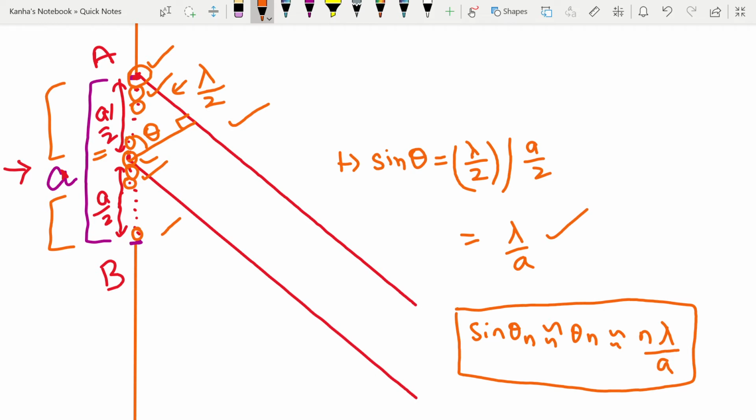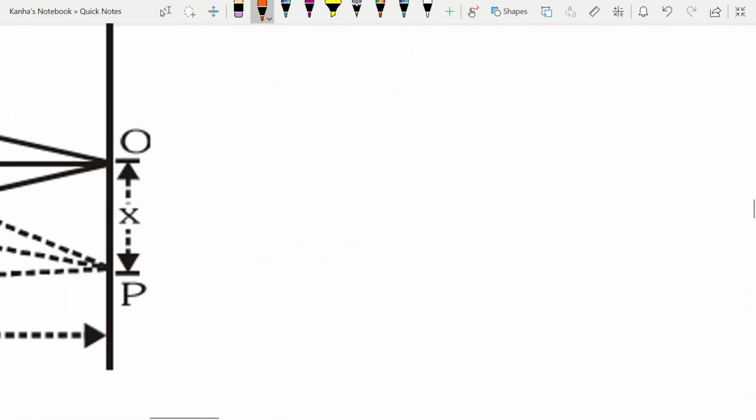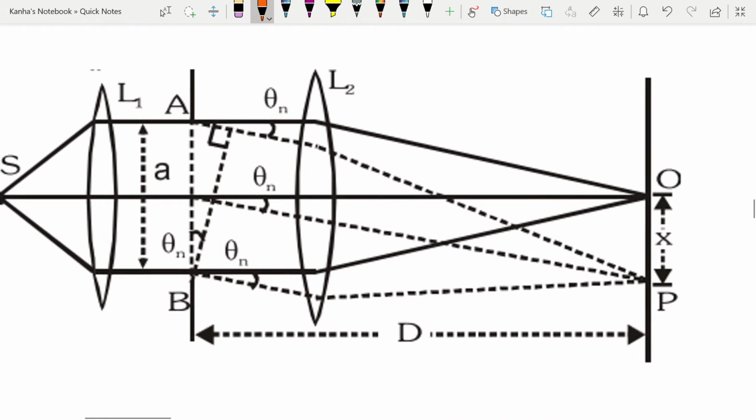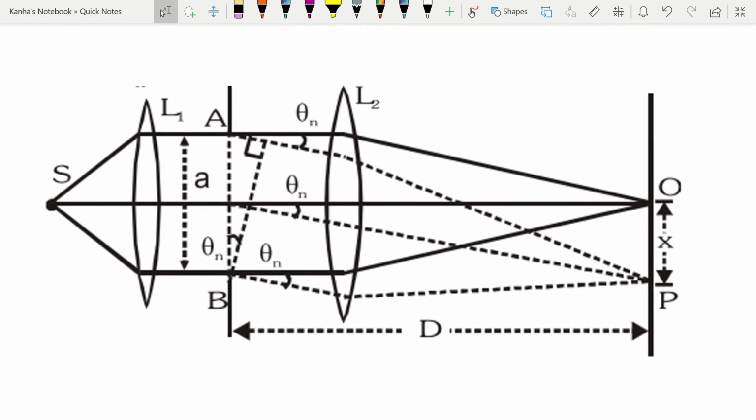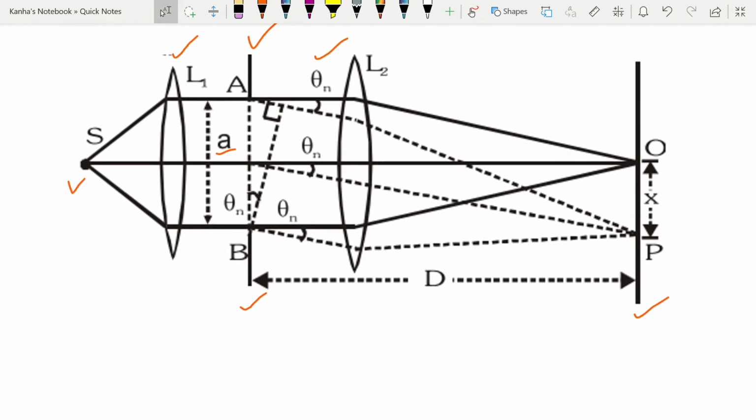Here the theta n is supposed to be small. So let's go to the prominent diagram for the single slit. It's the one that is given to you. Your source S is taken. A lens is used to produce your straight waveform or plane waveform. It comes and arrives at AB. You have a screen at some distance which is equal to capital D. The slit width is given by small a, and the same angle that I talked to you about is given by theta n.